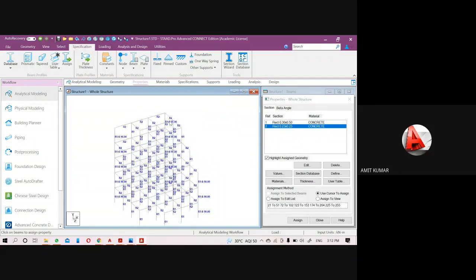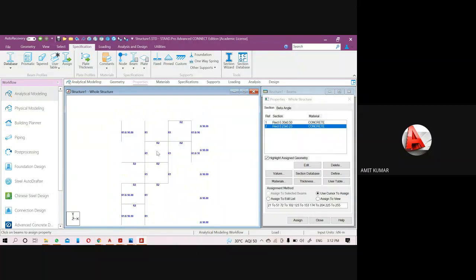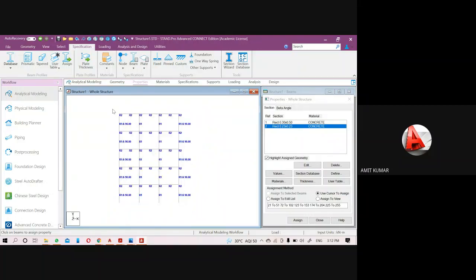But if any beam is not parallel to the X, Y or Z axis, then we have to use the method which I explained. Just select the structure from the front view, top view or any side view. So this will be the universal method of selection.